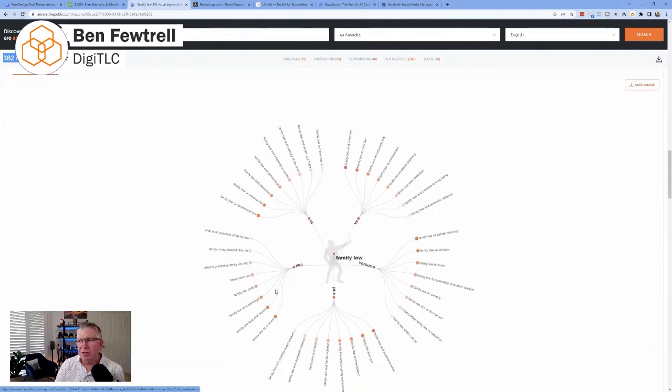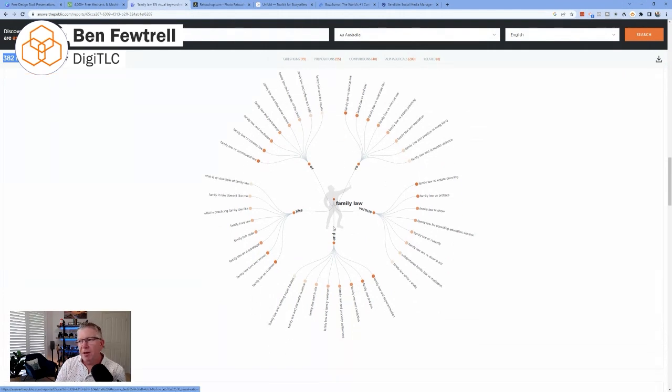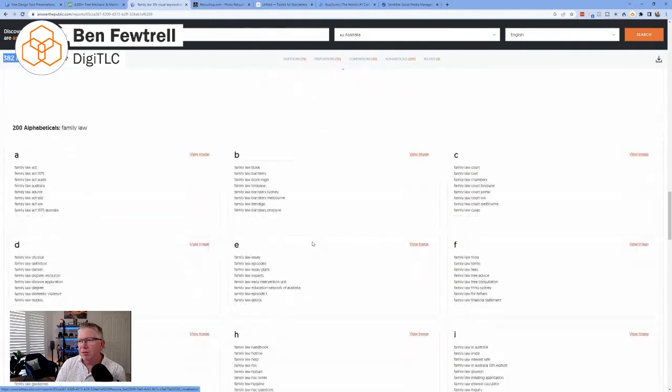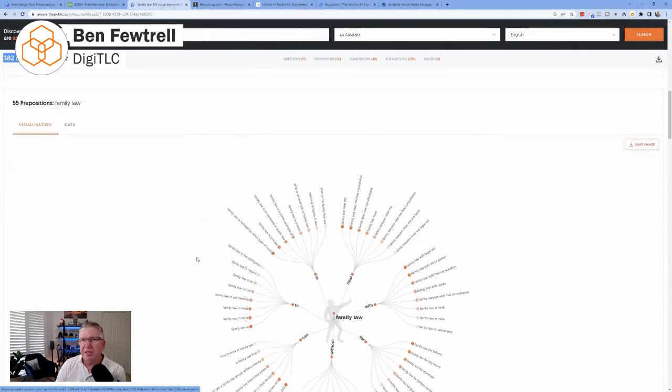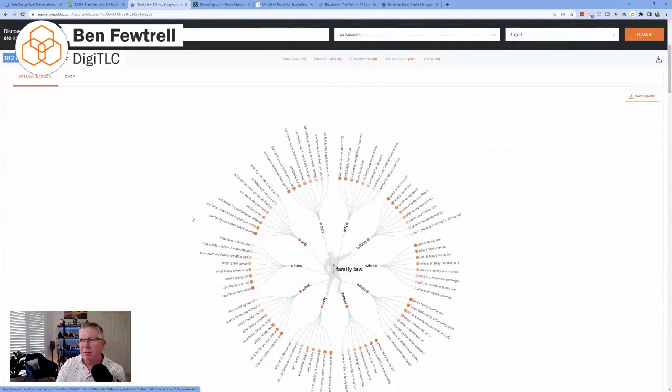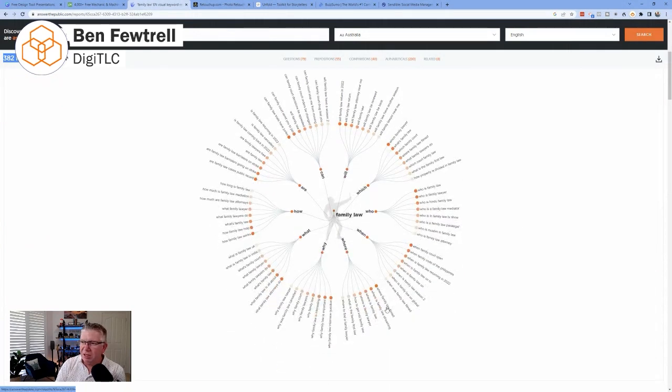I really like this visualization where you can go, okay, well, family law or commercial law, that's obviously people wondering whether they should do law. You can see here, as you go down, those different questions that you'll see. Let's go back up to the top here. Questions around family law. So, will family law return? You've just got to go through and read. Some of these are actually never going to be relevant, they're just weird. No one's going to really search it, but it certainly gives you an idea of what some of the things people are searching. And family law is probably a very unique niche to search in there as an example, but